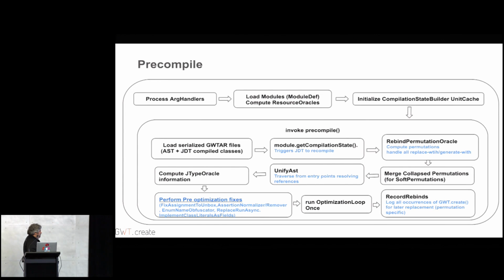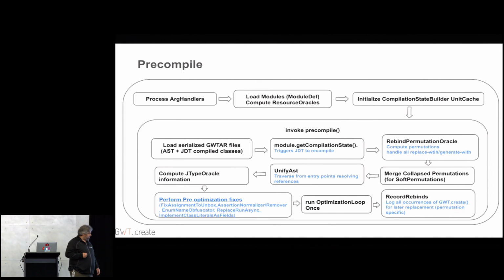So the compile, per se, is organized in 3 parts. There's one that we call the precompile, there's the compile proper, and there's the link. The precompile basically is the phase in which we load the modules, we discover all the Java source files that we need to compile that application. We discover what the properties are defined. We decide what are the bindings for the GWT creates, and we perform a Java compile on all the Java